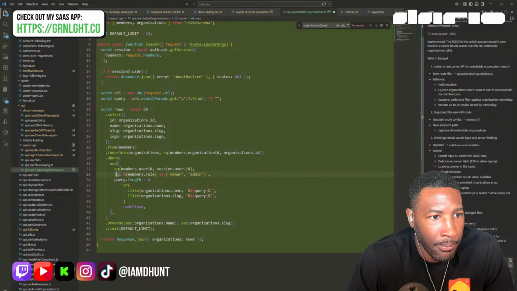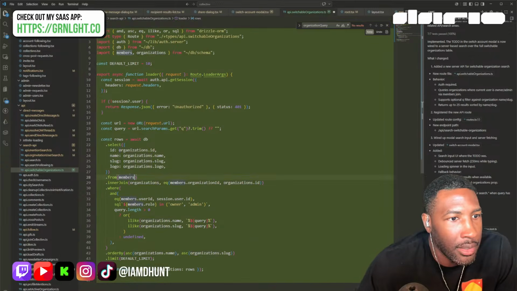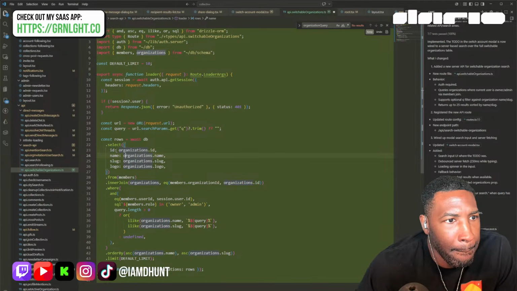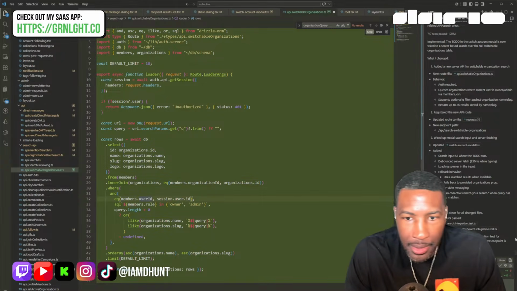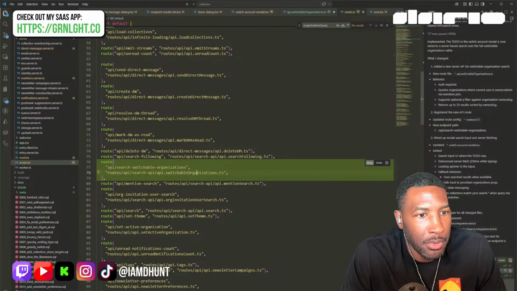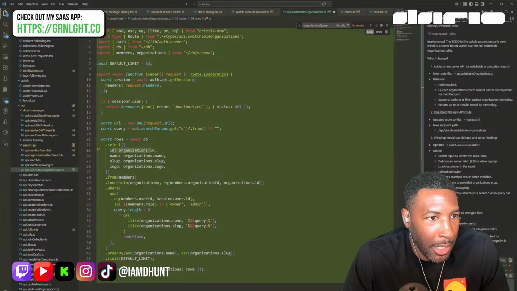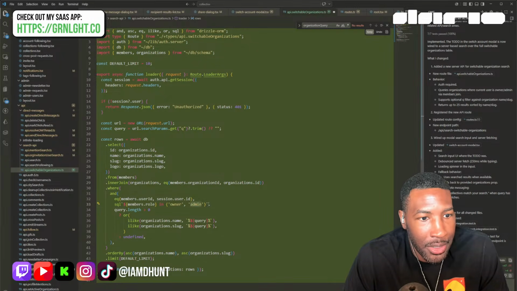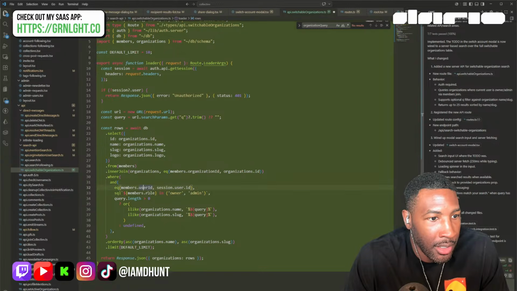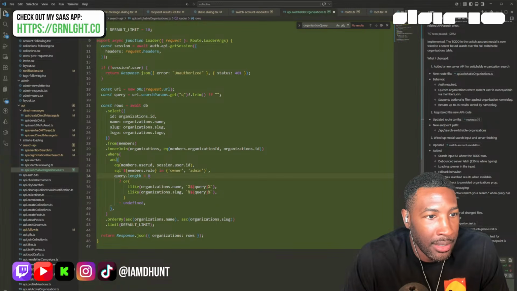Members, that user ID and owner admin. All right, this needs to be updated. Yeah, this needs to be updated. Switchable? No, I don't actually. This is just for organizations. I'm tripping. All right, so let's grab my ID, name, slug, and logo from my organization table, searching for members. So I'm joining to members, so I know that you have to be an owner or admin, which is switchable context for my organization. Okay, that's actually right. And then query that linked. So based on the query,